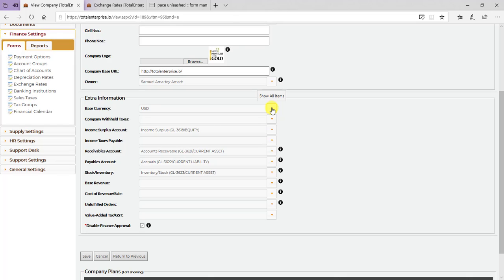So when you open your balance sheet, all the financial data that is displayed there will be displayed in the base currency chosen here. So it's a very, very useful feature,